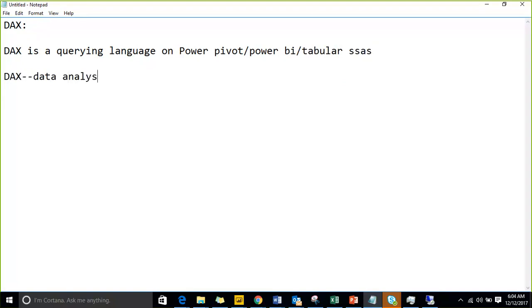Data analysis expressions. So DAX is nothing but data analysis expressions, which is a querying language on a Power Pivot model. Power Pivot is available on Excel, on Power BI, and on tabular SSAS. These are the three places where Power Pivot is there. On top of it, if you want to analyze something, you have DAX. With the help of DAX,